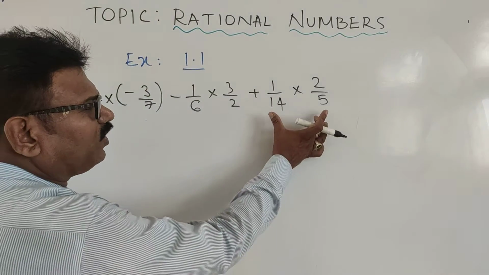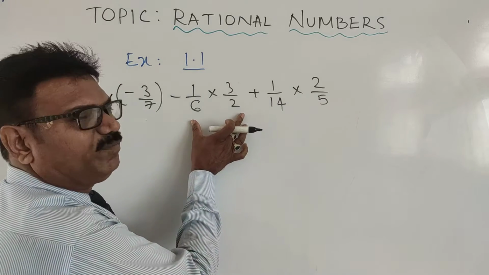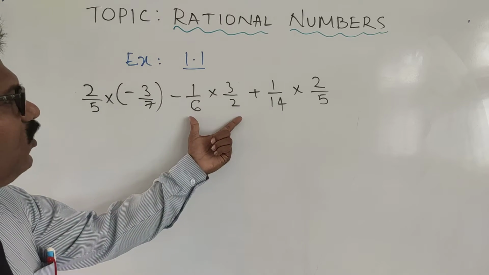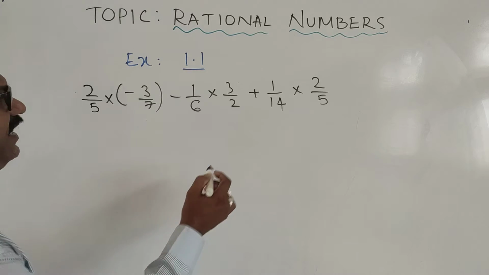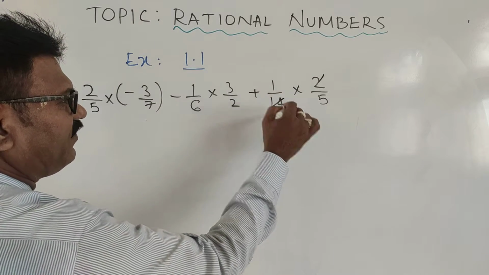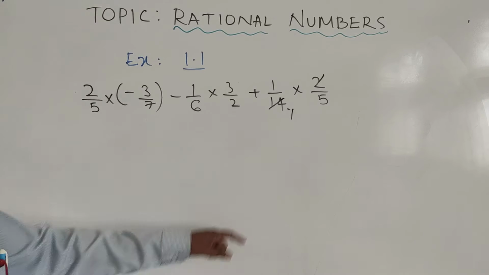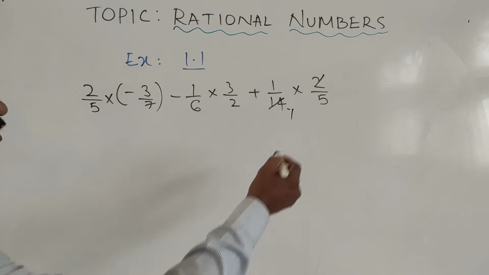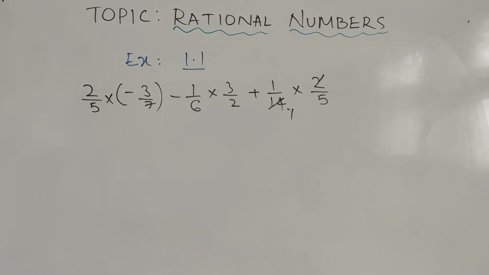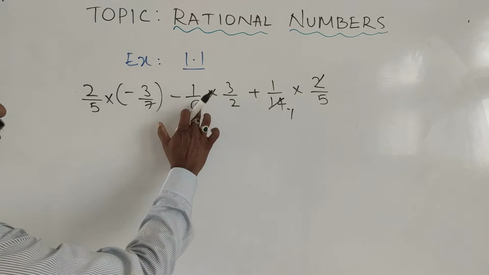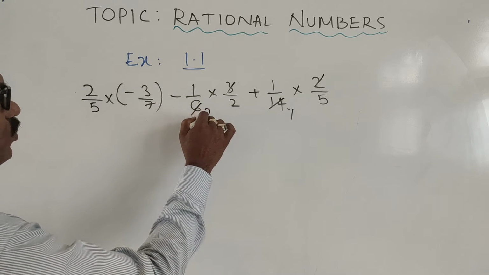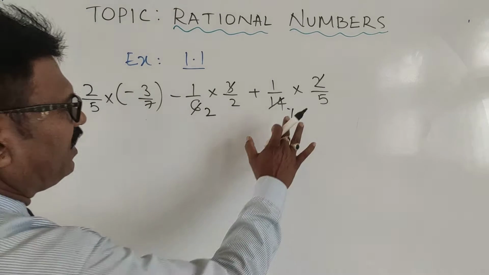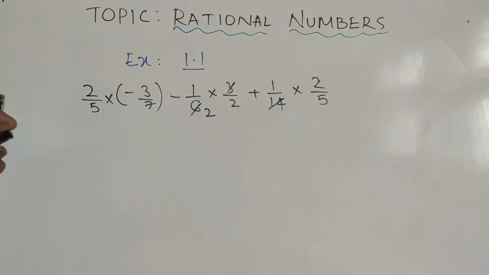See, if only multiplication is there, we can simplify this. There is no problem at all. But if you see here, 2 is not there here, but 2 is there. We can see here 2 ones, 2 sevens, we can simplify. Again here 5 is there, no problem. So 1 by 2, 3 ones, 3 twos, 1 by 4 also is there. So directly you can take 2 by 5. I will not cancel this, I will keep it like this only.